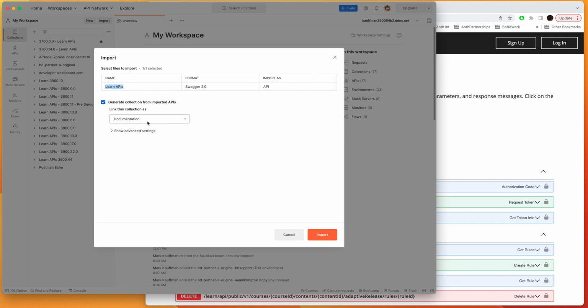And what we want is just to import the documentation, and we'll hit the import button. And also we want the checkbox clicked to generate collection from imported APIs. So the collection is going to be named Learn APIs. So I'm going to hit import here,